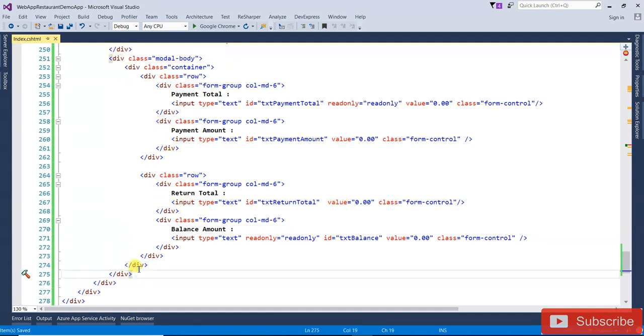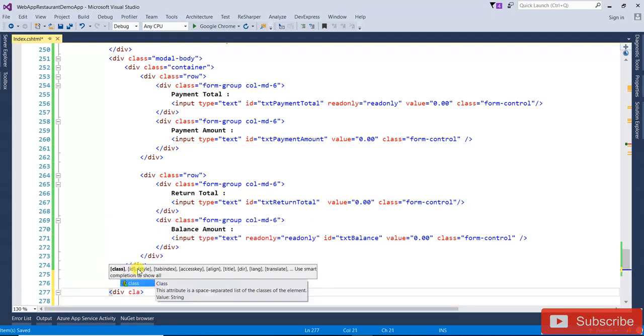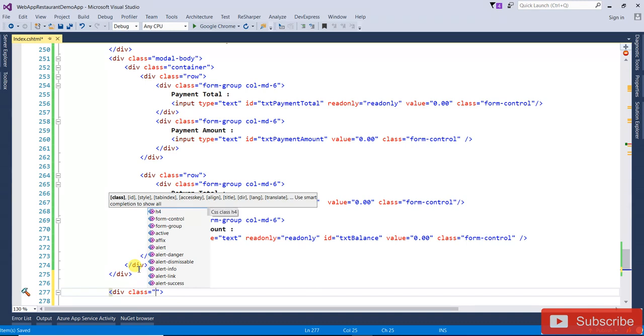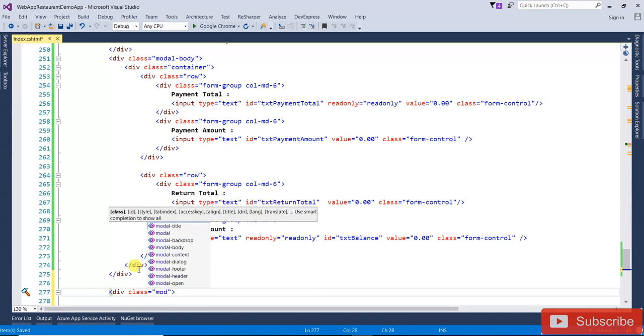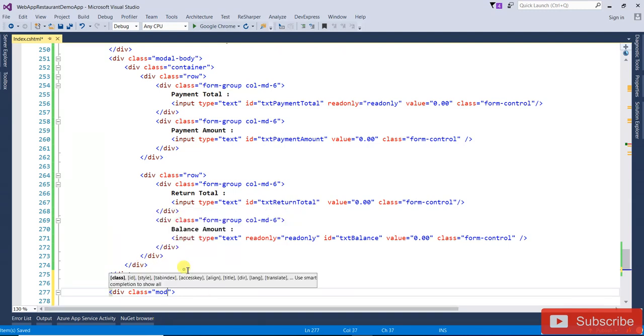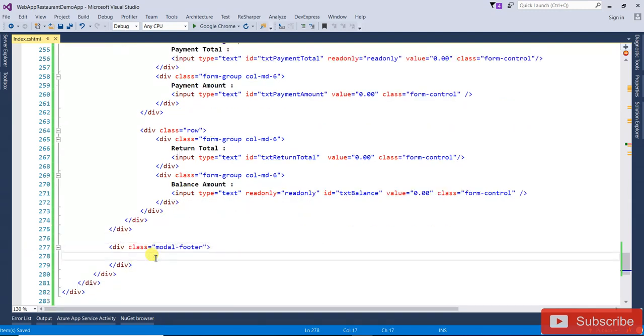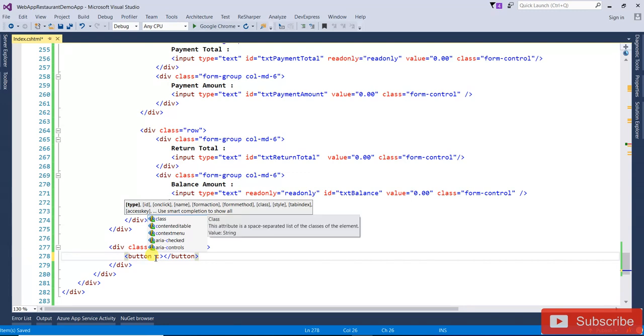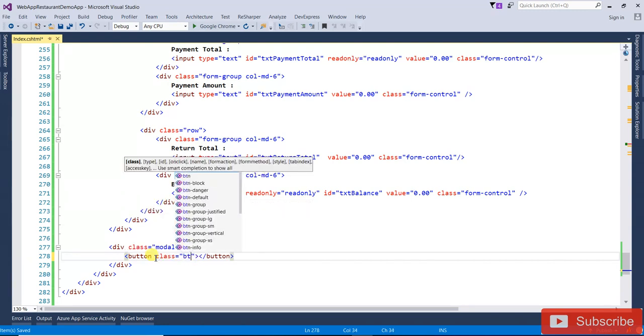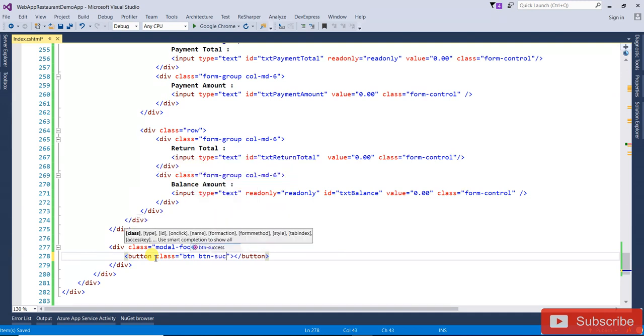Now I need to add the footer, so a div with the class modal-footer. Inside the modal footer I'm going to add a button, with the class btn btn-success payment,